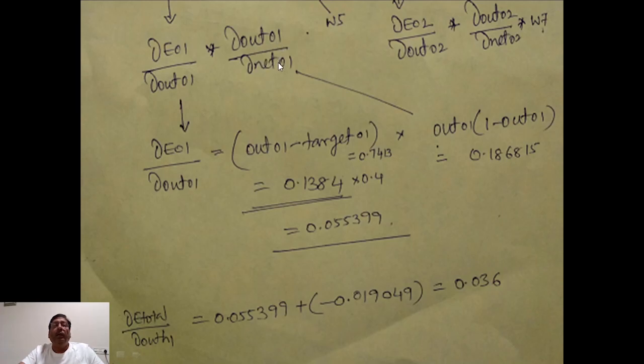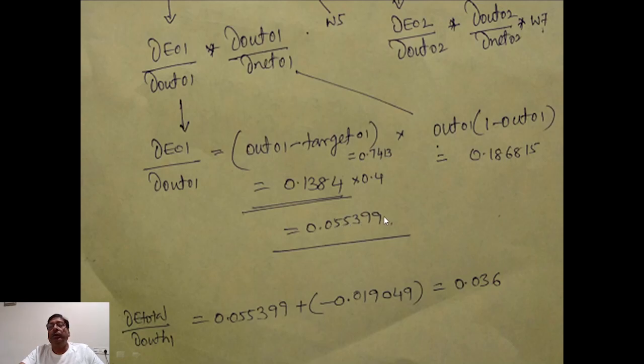Now this, when I calculate, you will get it as EO1 upon out H1, which is EO1 upon out O1 multiplied by out O1 upon net O1. Now, this you can write as out O1 minus target O1 multiplied by out O1 into 1 minus out O1. These two steps we have already performed in our previous exercise. Now, if you replace the value of this, which is 0.7413, multiplied by the value of this, which is 0.18, and then multiply these two with the help of W5, the net value that you get after you calculate this is